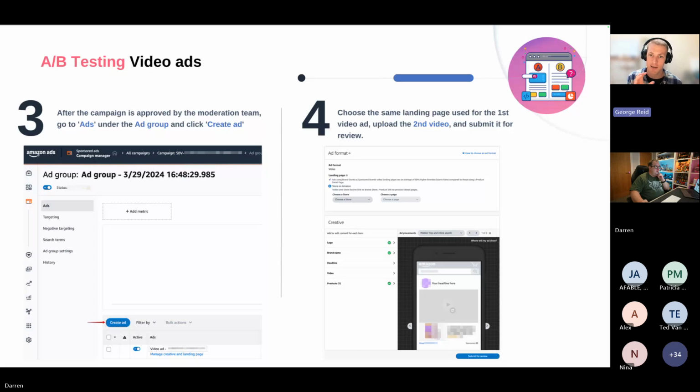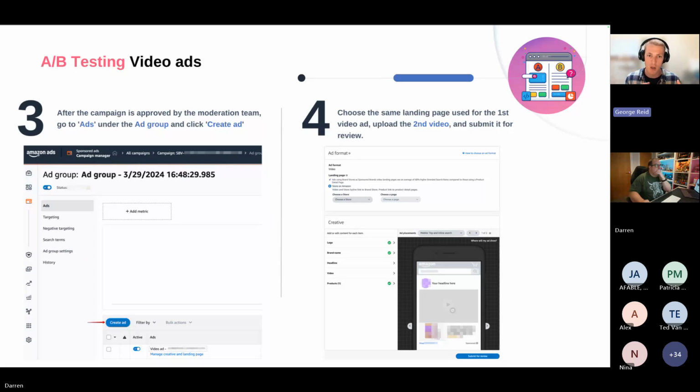Then inside of that same ad group, we want to upload the same video. This ensures all of our targeting is going to remain the same. As a result, we are just testing creative only. So if you want to understand for one set of keywords whether we open with a big keyword or whether we open with a big lifestyle image, and that's the split test you want to run, we don't want to do that across multiple ad groups where there's loads of different keywords mixing it up. We want to create it quite simple just for the purpose of testing.